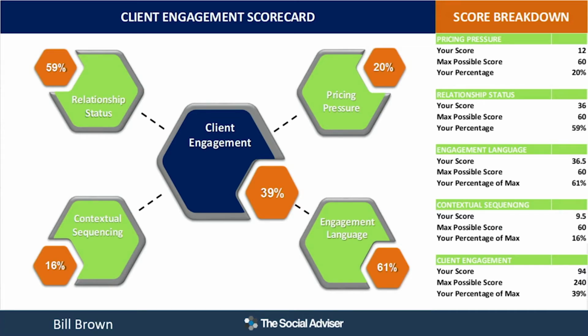Why don't you have a crack at that one as well, Tristin? So how would you define what we mean by relationship status? So relationship status has a bit of crossover with price pressure as well. So price pressure means that clients value the advice a little more as a result of it. But you've also got the relationship metric as well. So they're going to value the relationship a bit more as well as a result of that,